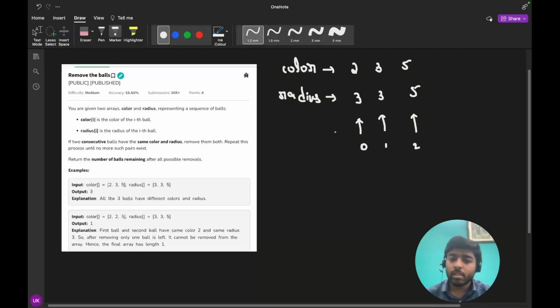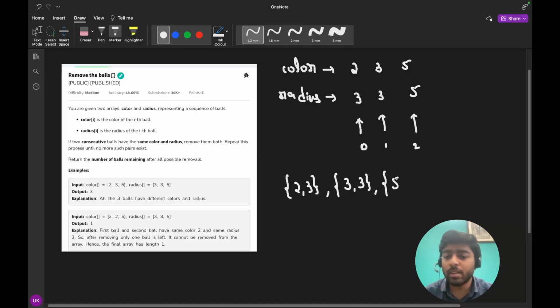So if I write combining both of these values, ball 1 has color 2, radius 3. Next ball has color 3 and radius 3. And next ball has color 5 and radius 5.